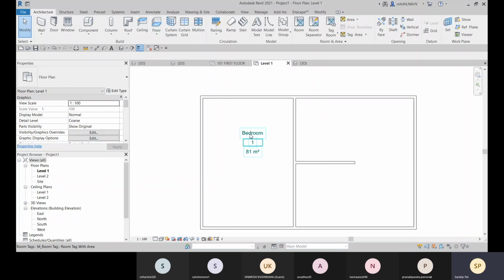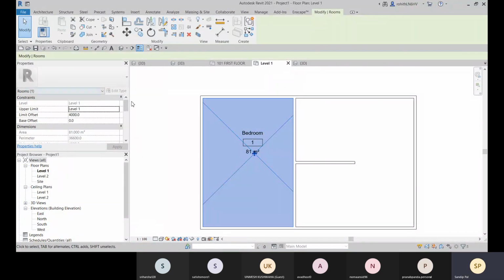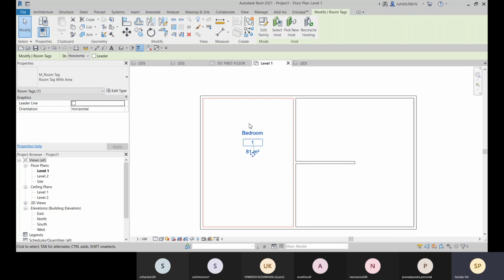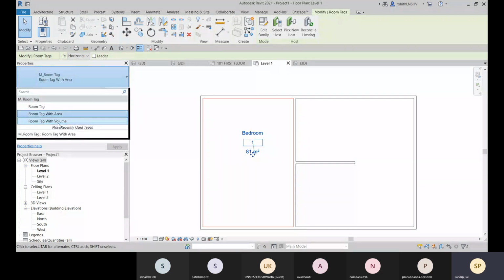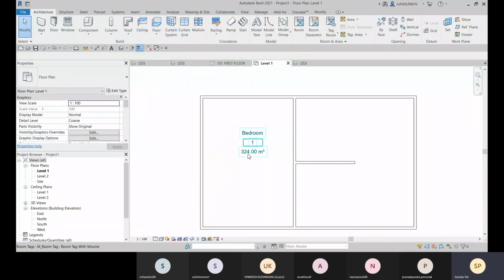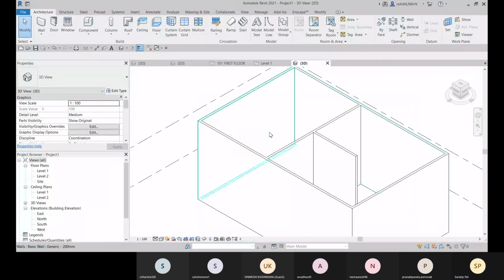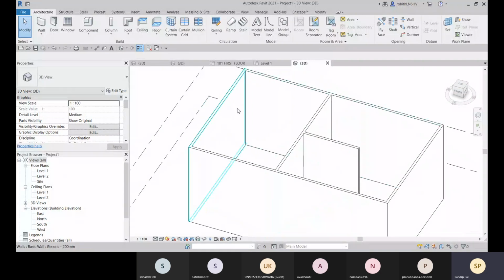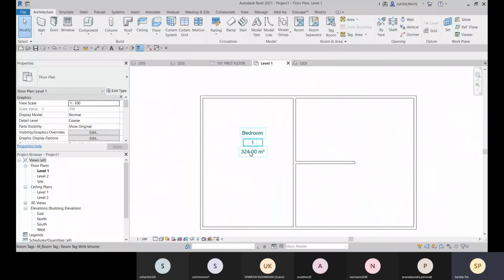Let me choose this one, and then, sorry, select this tag only. And then from the type selector, change it to room tag with volume. And now you can see the volume. Fine. So that is calculating with the height, and you will get this in cubic meters.